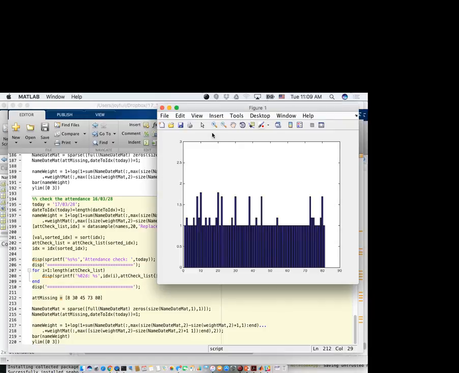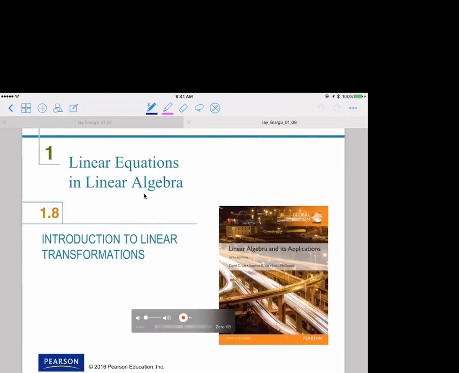Okay, so this is a new weight. So we see the 2 students having the highest probability of being selected the next time. Okay, and then